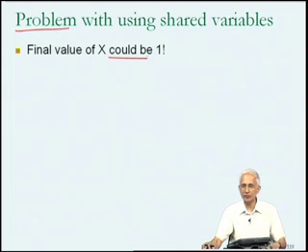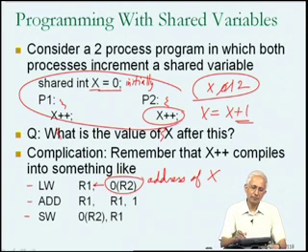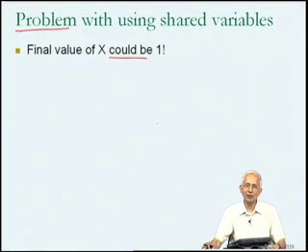And this is not a good piece of news, because typically when you write a program that looks like this, your idea may have been that you wanted the variable x to end up at 2. That's why you incremented it twice. But you're now told that if you wrote a concurrent program which runs on a single processor using that kind of code, you may end up with the variable x having a value 1.